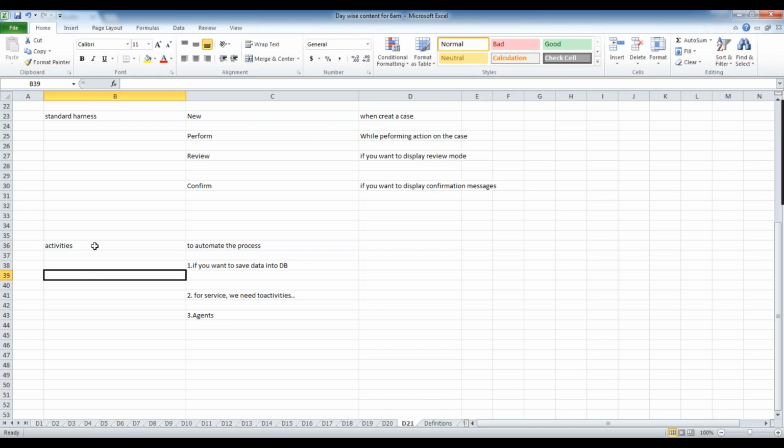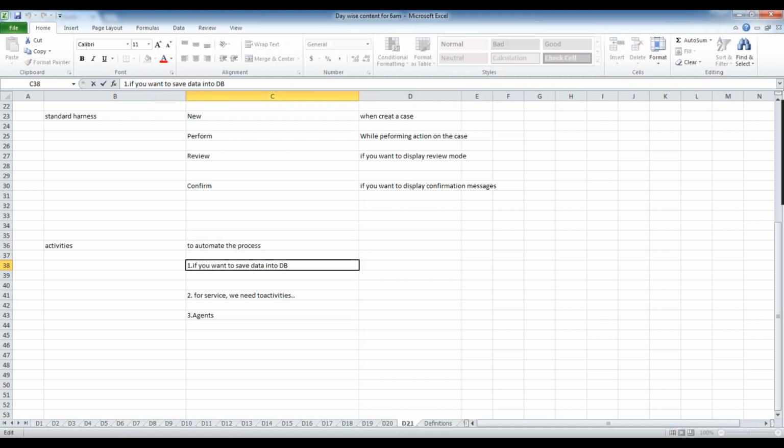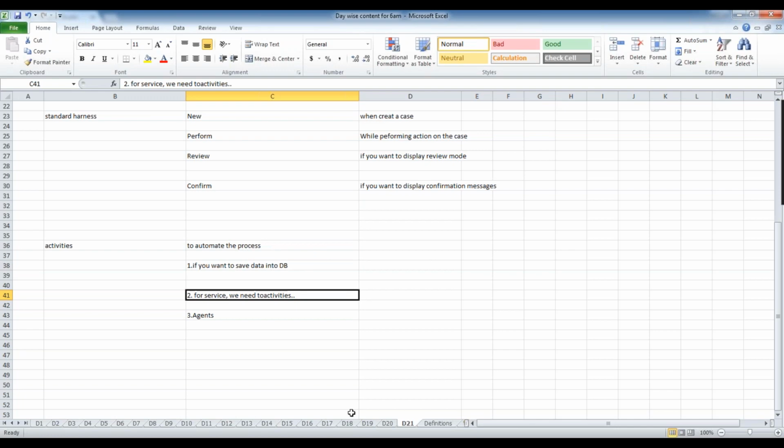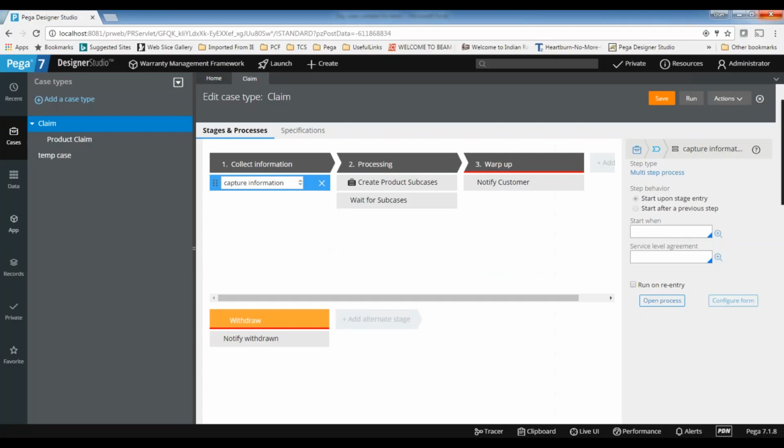No methods are available anywhere other than activities. You should go for activities only if you want to save the data into the database. If you want to update the data also, you need to go for it. When I say save, it means new records or existing records. There is no other option.